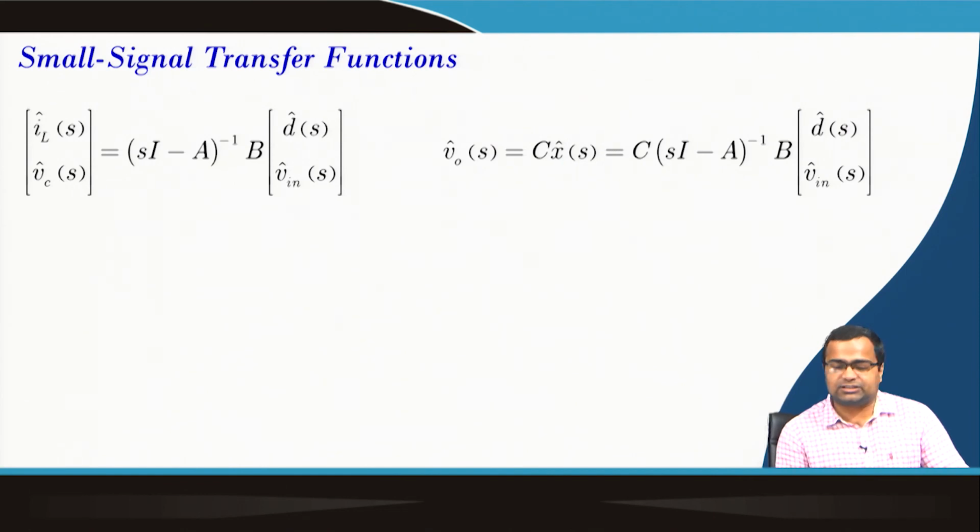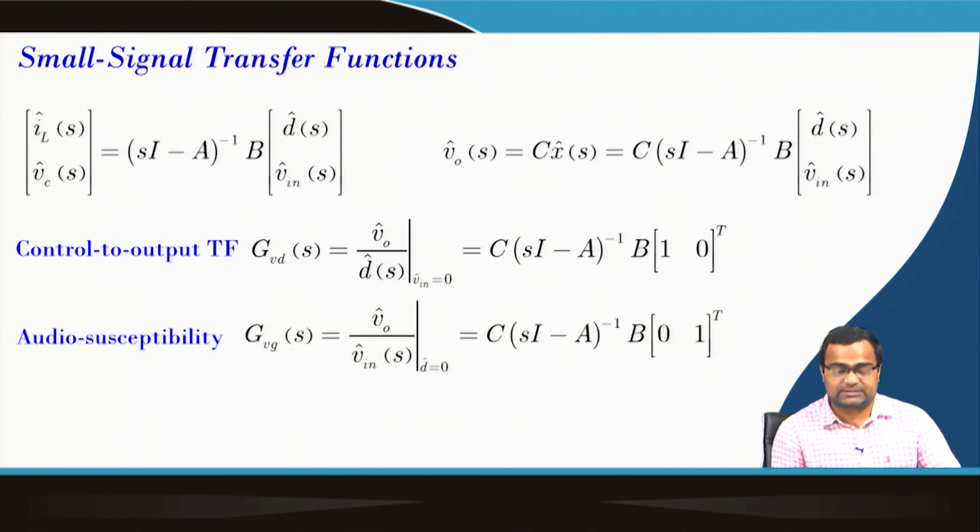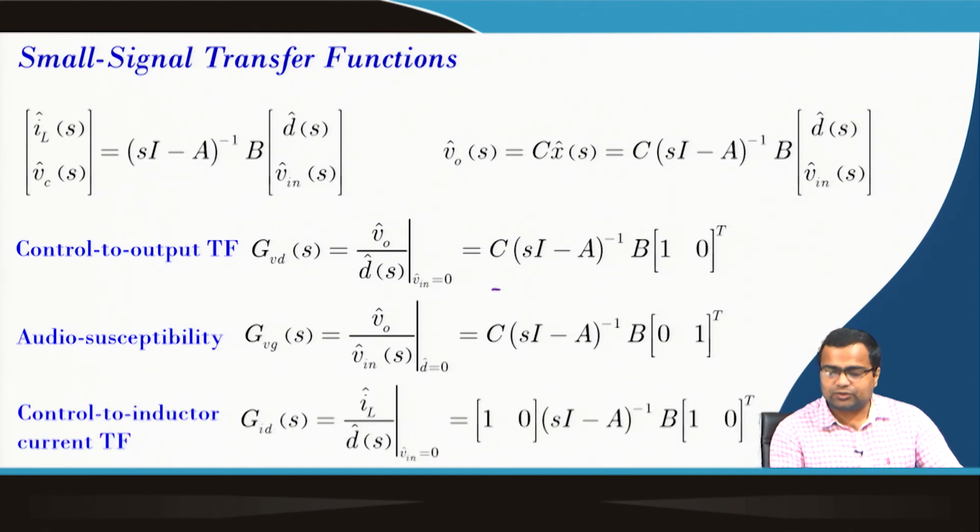Small signal transfer function. So, in the small signal transfer function, again the same method can be used. We already found A matrix, B matrix, C matrix. So, we can write down the expression of the control to output transfer function. That means if we do not consider any ESR, then these models are perfectly fine, and we can obtain the transfer function of a boost converter for different switch configuration.